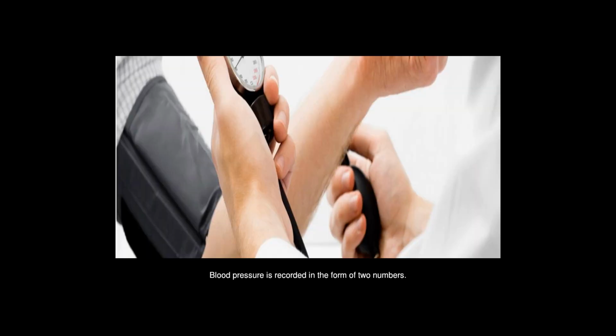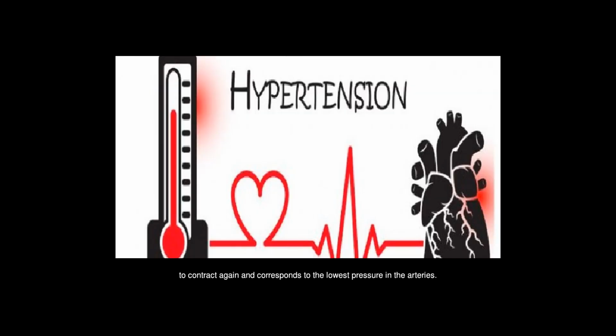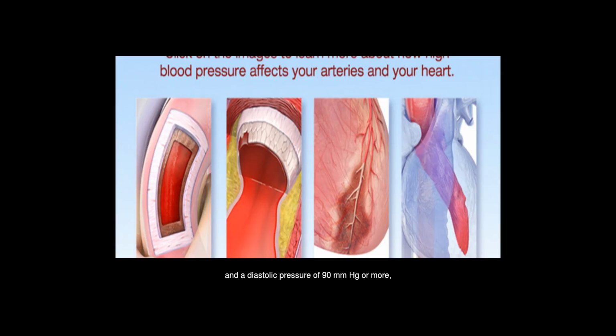in the pulse rate. Blood pressure is recorded in the form of two numbers. The systolic pressure is the pressure in the arteries when the heart contracts and corresponds to the highest pressure experienced in the arteries. The diastolic pressure is the pressure in the arteries just before the heart begins to contract again and corresponds to the lowest pressure in the arteries. A systolic pressure of 140 mm Hg or more, and a diastolic pressure of 90 mm Hg or more, are